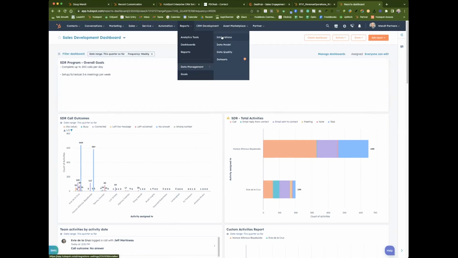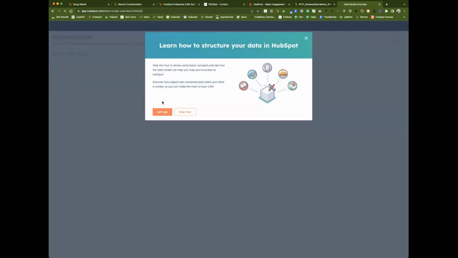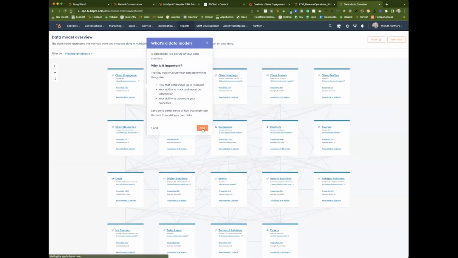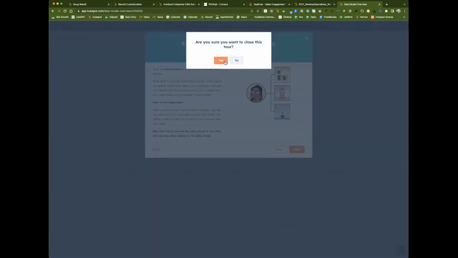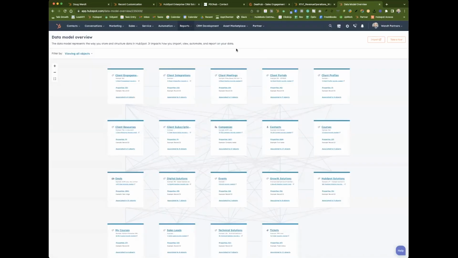Operations Hub supports your integration and data sync library. It allows you to manage your data model. It allows you to organize and manage. Here, I've got the tutorial. Yes, I wanted to actually show the screen. There we go. I got to it. It was giving me the nice overview tour. I can go back to that tour.